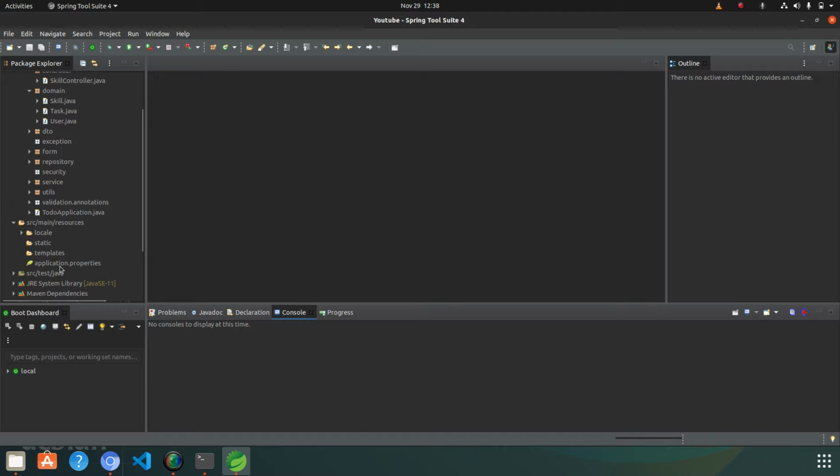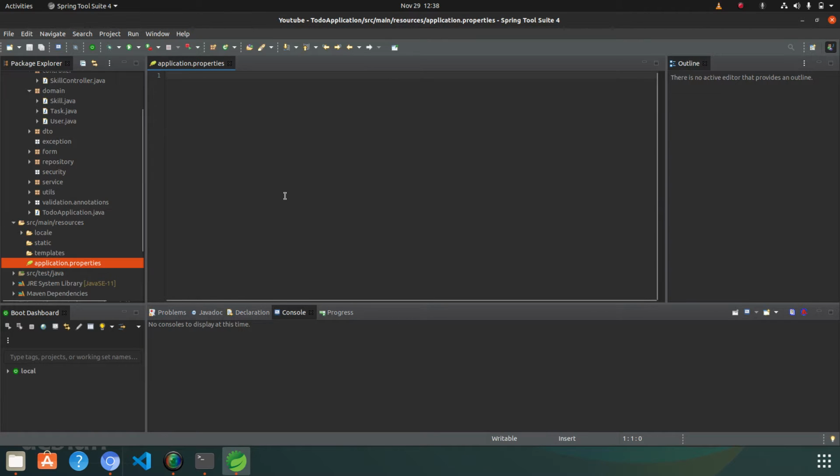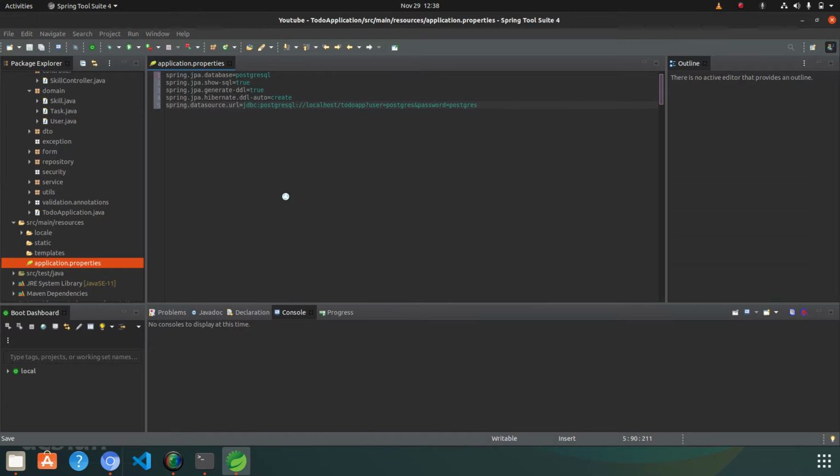So you need to click on the application properties, and in application properties you need to write all of these properties, key and values. And let me explain these. It is spring.jpa.database, which means the JPA is going to use the PostgreSQL database,